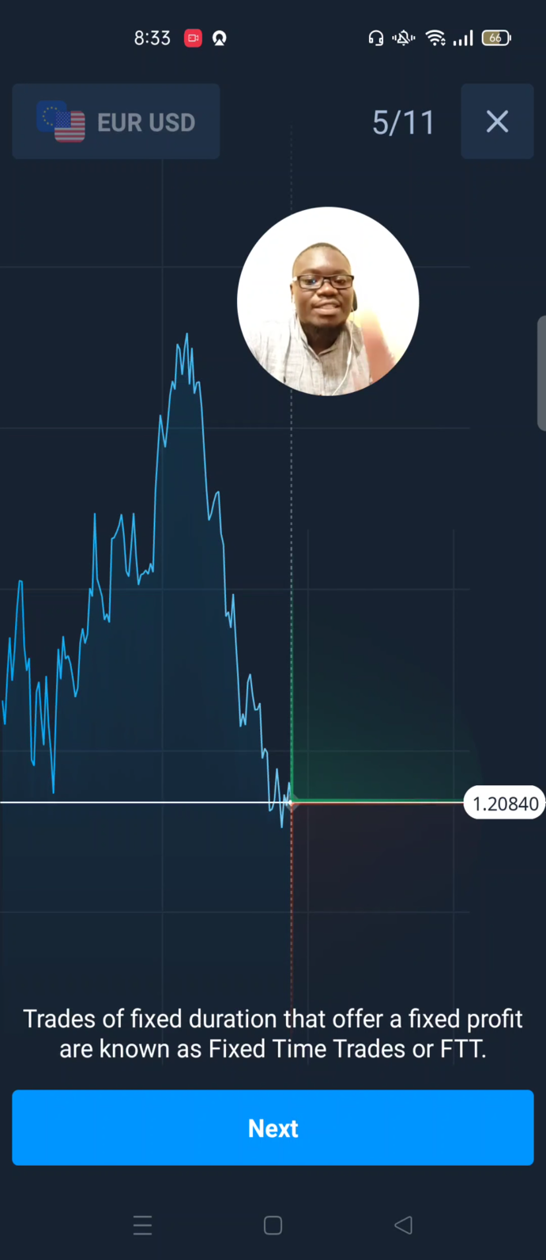We'll only be focusing on one, which is FTT. So trades of fixed time duration that offer fixed profit are known as fixed time trades or FTTs. So once in a while when you're trading with us, you'll notice that we are talking about FTTs. So when you hear me mention FTTs, then this is what we mean: trades of fixed duration that offer fixed profits. Okay,